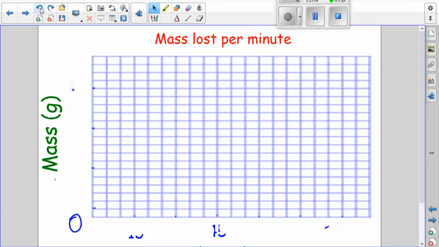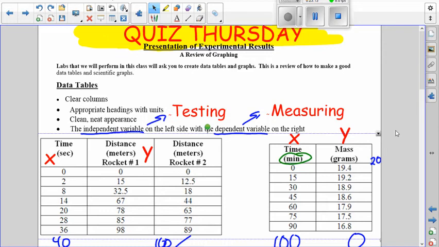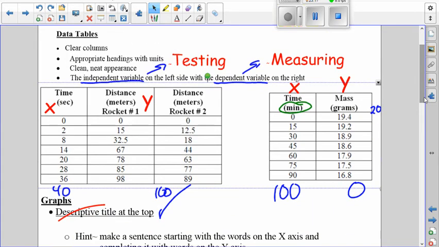Erase all those. There we go. So it's not going to move. It's not going to go down to 0. And how do you know that, Mr. P? Well, I'm just looking at the data. Sometimes I'll go down to 0 because it works with the data, but sometimes if my numbers are only between 16 and 20, like